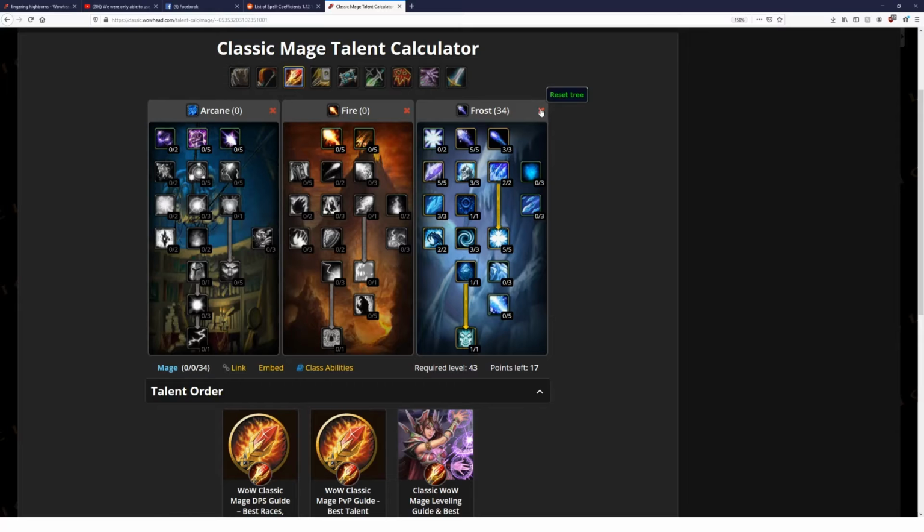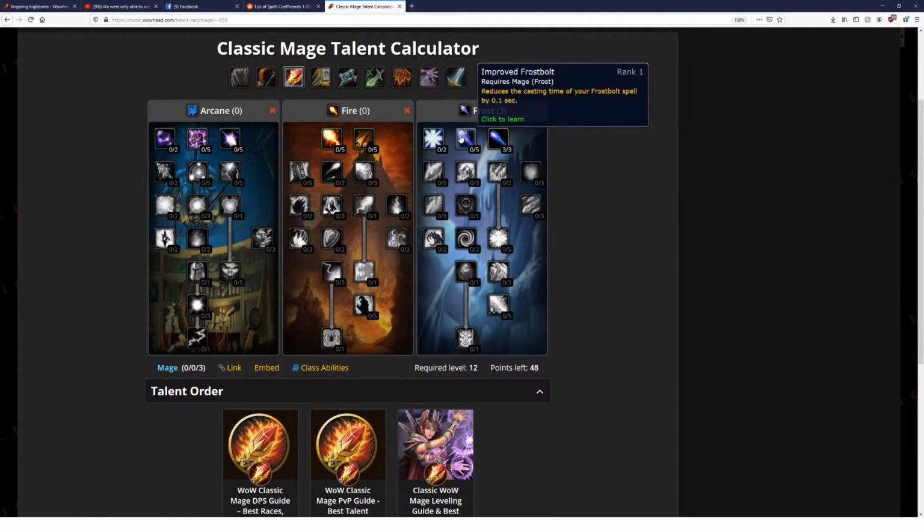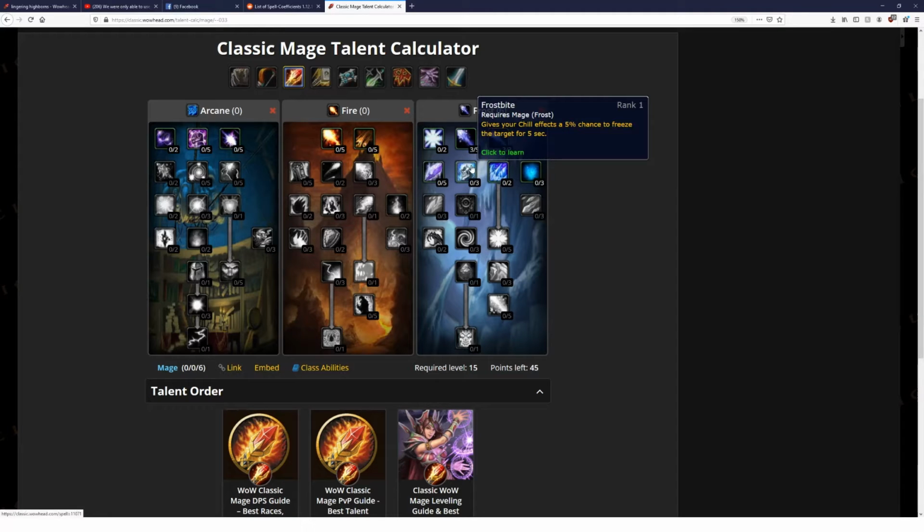So let's real quickly do the AoE one. It's very similar. So 1, 2, 3, 1, 2, 3, 1, nope, sorry. Like I said before, Frostbite, if it procs on Blizzard, it will mess up the grouping of your enemies and might get you killed. At the very worst, and at the very best, you'll have to reset if it procs. So we go 1, 2 into Improved Frostbolt, and this will allow us to freeze our enemies during the AoE